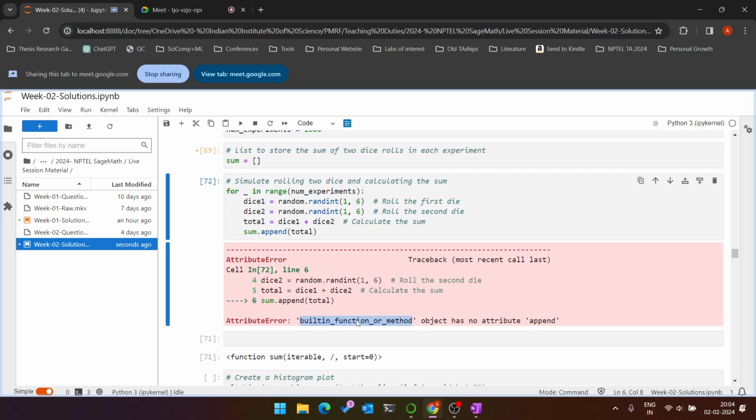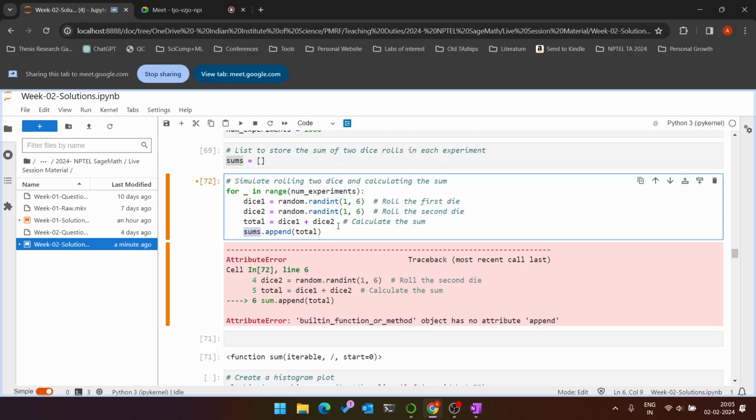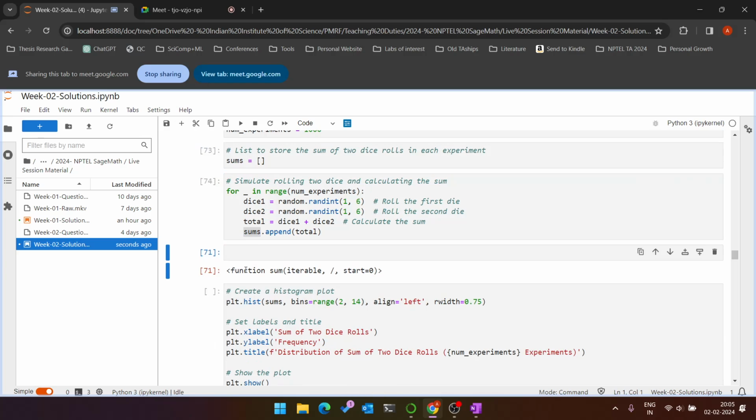It's saying that a built-in function has no attribute. Okay, and if I now check what my sum is,